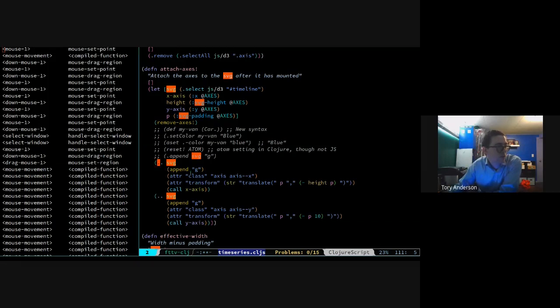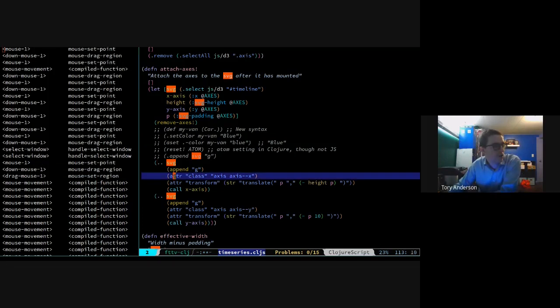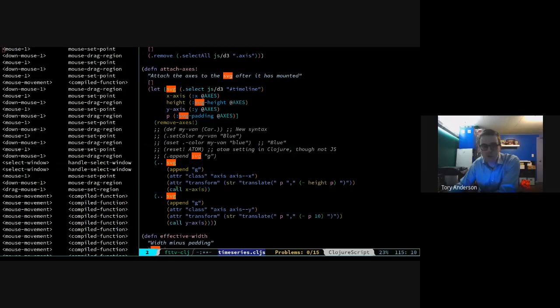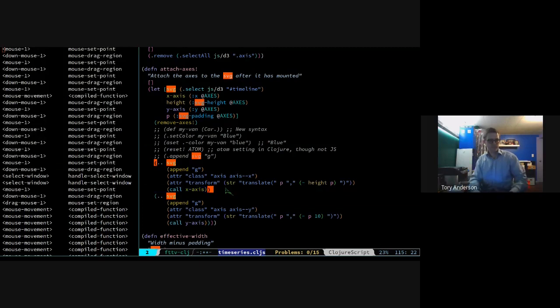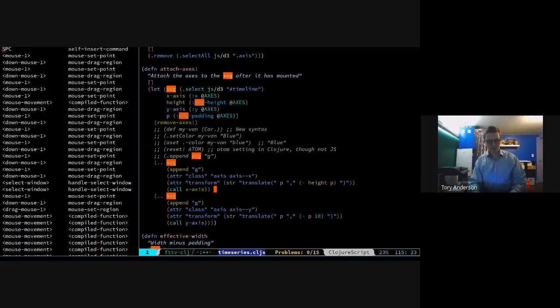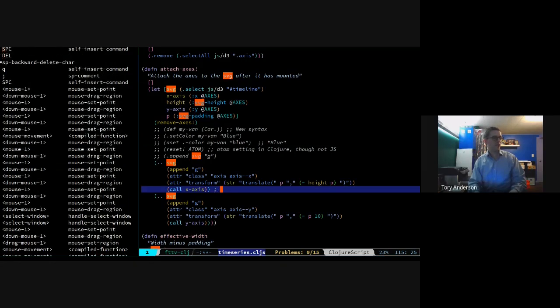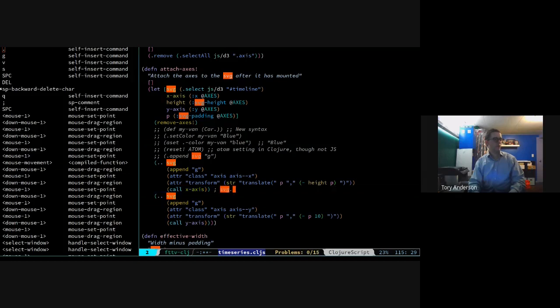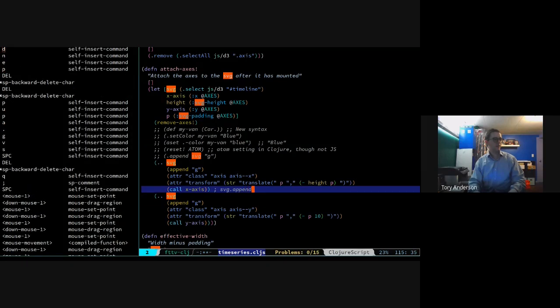And then we looked at calling the functions, the methods that belong to whatever JavaScript thing we've got, and then calling JavaScript functions, which, by the way, took me a little while when I first wrote this years ago to decipher, because the JavaScript looks like something like svg dot append